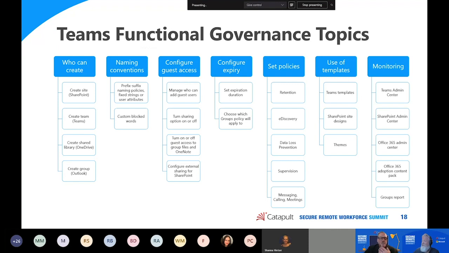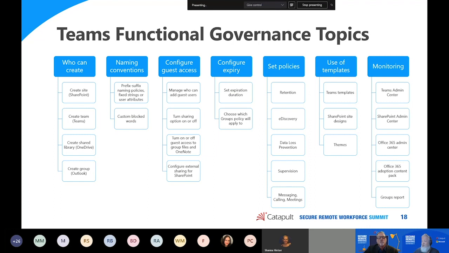This is our standard list of Teams functional governance topics that we run through with customers. And so as you can see, there's quite a bit to cover. But we'll leave this in the deck that you can access. And if you want to use this as a guide to driving some of your own Teams deployments, this is just a quick list basically of all the pieces that we'll talk about.